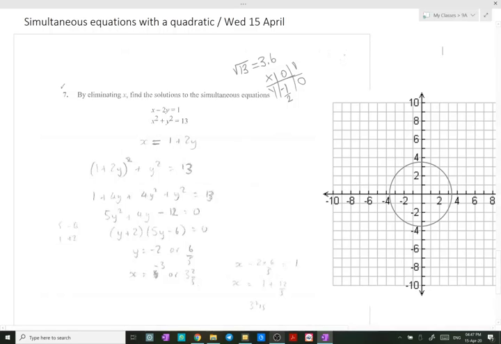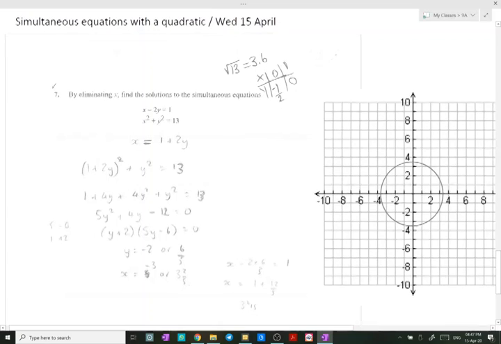Number 7, we are going to solve simultaneous equations, one linear and one with degree 2. So by eliminating x, find the solutions of the simultaneous equations. So we need to eliminate x. It means that we need to write x as